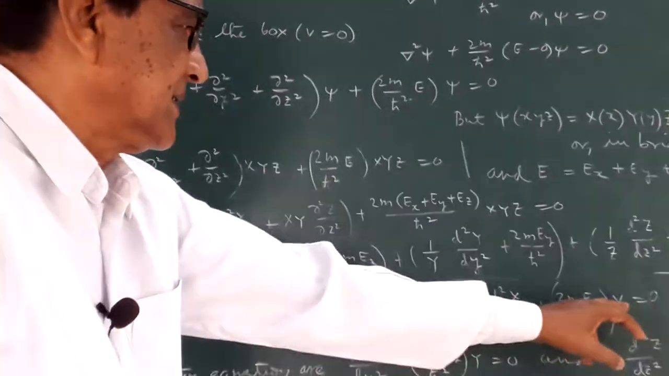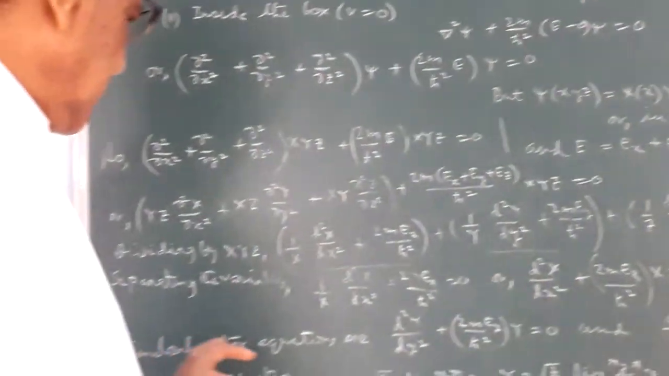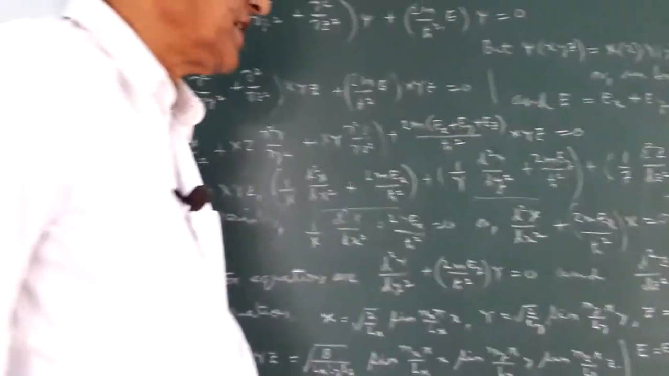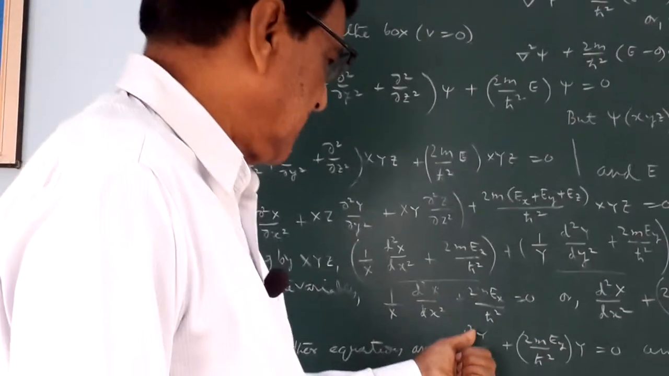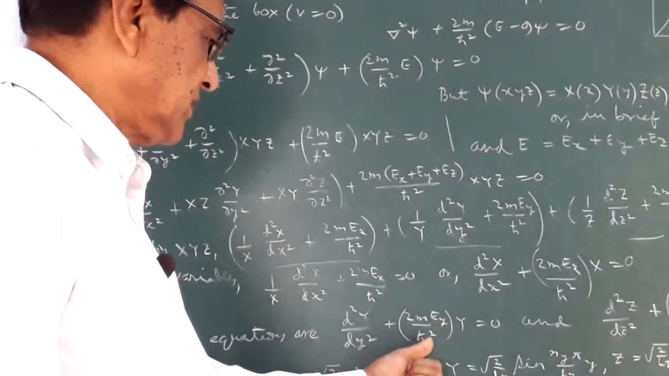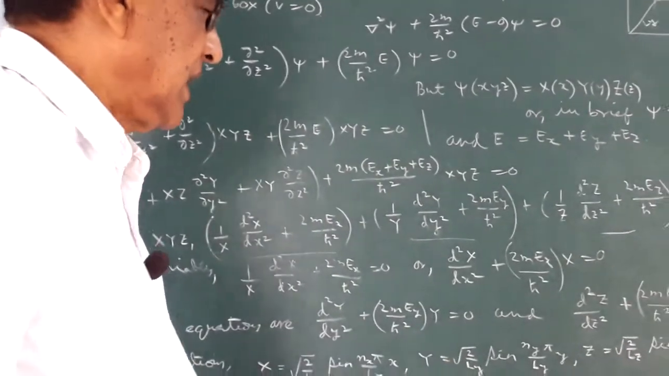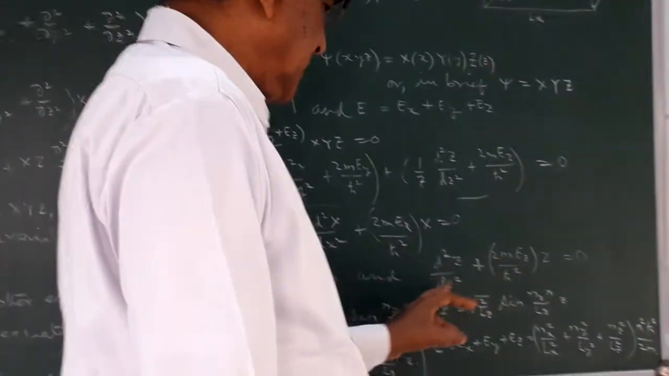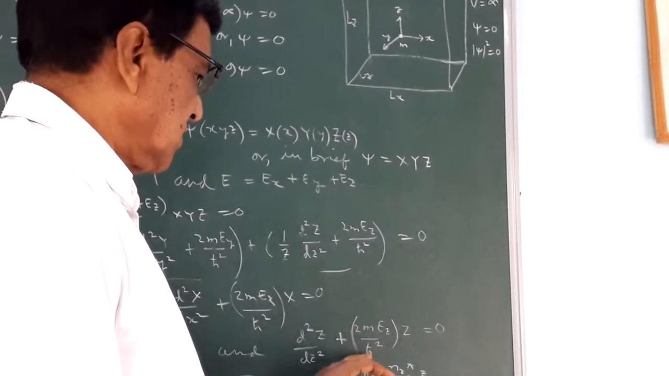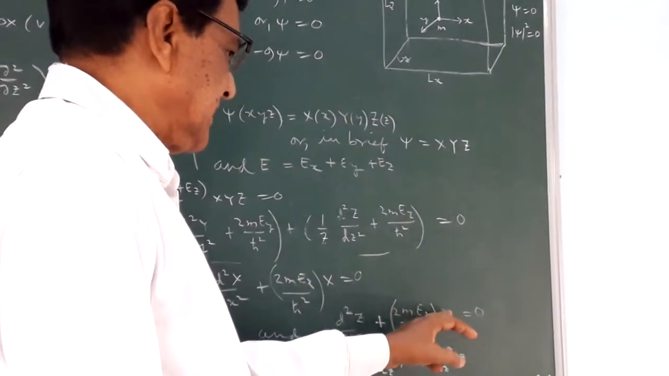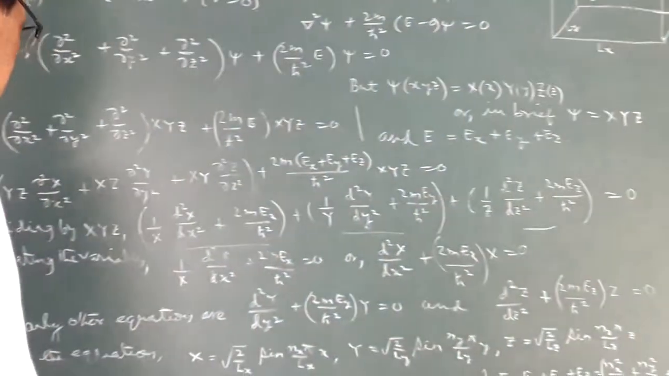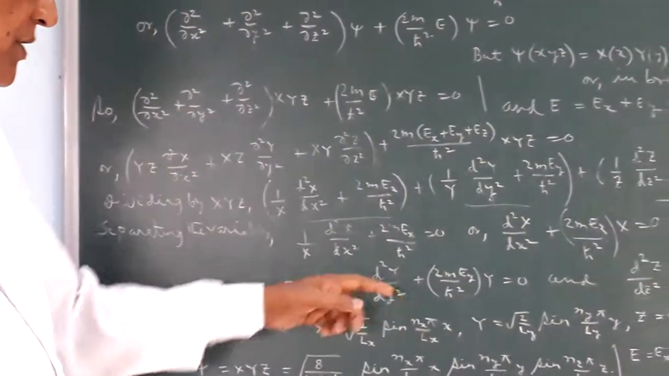So this one, x here, and similarly the other equations along the y direction and along the z direction are: d²ψy/dy² + 2mE_y/ħ² y = 0, and d²ψz/dz² + 2mE_z/ħ² into the z function equal to 0. So each equation